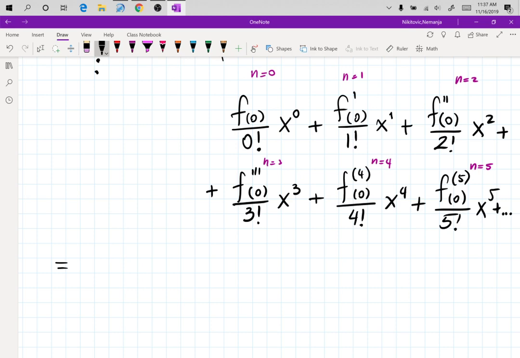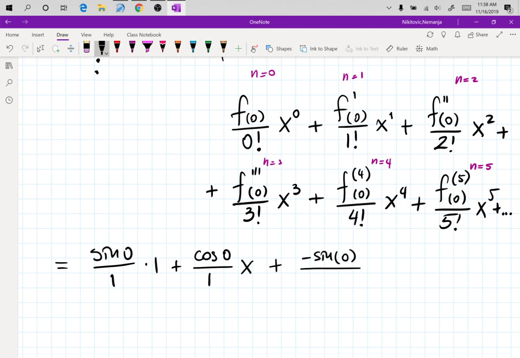Well, the original problem is sine. So I have sine of 0 divided by 1 times 1, plus the first derivative is cosine, so that's cosine of 0 divided by 1 factorial, which is 1, times x, plus the derivative of cosine, which is the second derivative, negative sine of 0 divided by 2 factorial, which is 2, x squared, plus